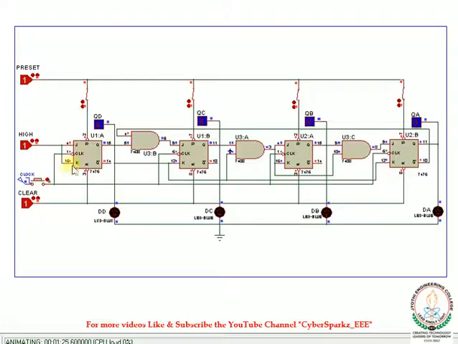The J and K of the first flip-flop are both equal to 1, and hence this flip-flop will be working in toggle mode. For the second flip-flop, the K input is the output of the first flip-flop, which is 0, and the J input is the output of the first AND gate. Since one of its inputs is 0, its output is also 0. The J and K inputs of the third flip-flop are the output of the second AND gate, and since both inputs of the AND gate are 0, its output will also be 0. The K input of the last flip-flop is the output of the first flip-flop, which is 0, and the J input is the output of an AND gate. Since both inputs are at logic low, the third AND gate output is also 0.